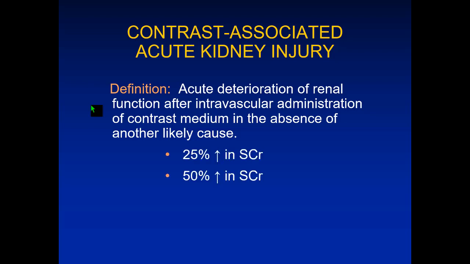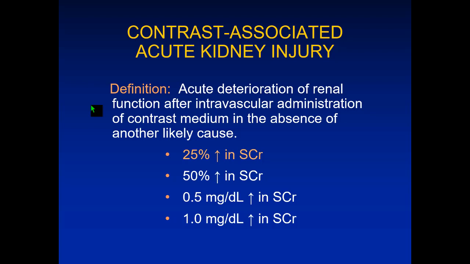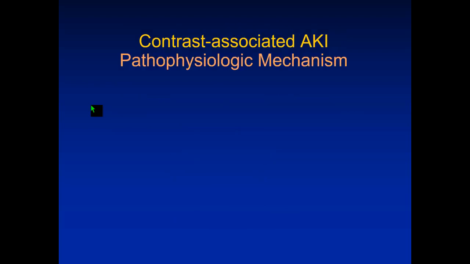This has been variably defined as a relative increase in serum creatinine of 25% or 50% over baseline, or an absolute increase in serum creatinine of 0.5 or 1.0 milligrams per deciliter over baseline. But the most sensitive definition is a 25% increase in serum creatinine over baseline, and that's what has been used in more recent studies,